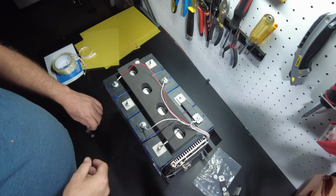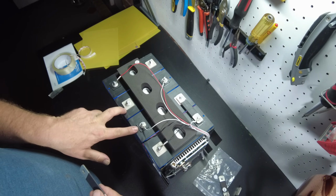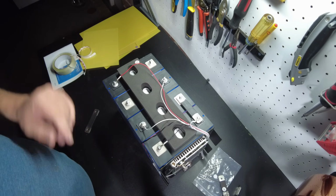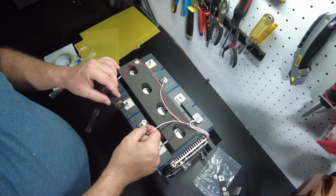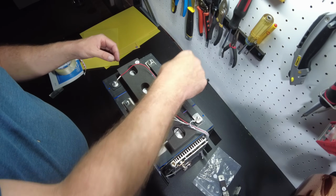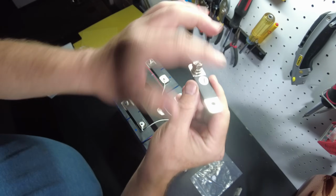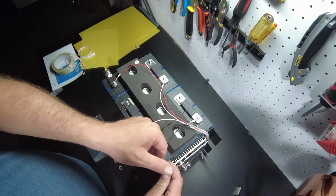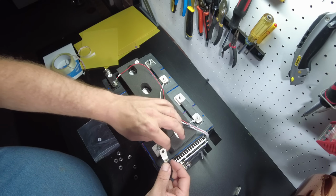like so. Now this part is critical. Make sure your next bus bar goes here and not here. If it goes here, you got sparks and melting stuff happening. Don't do that. So make sure these go in the right spot. There we go. So our main positive will be connected to this little bus bar that sticks out the side over here. And on our negative, it's going to connect to the BMS with this 2-gauge wire. So it's going to go